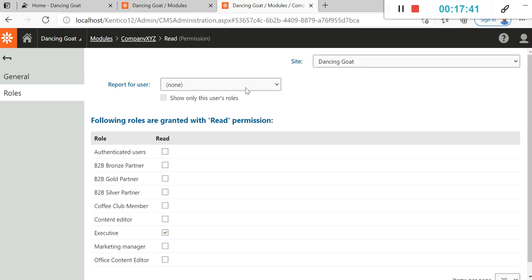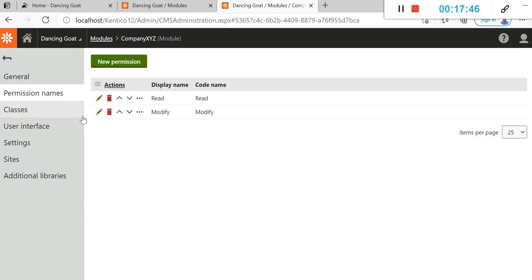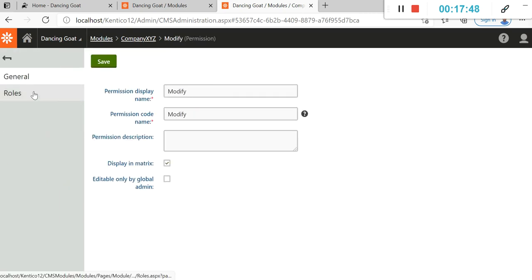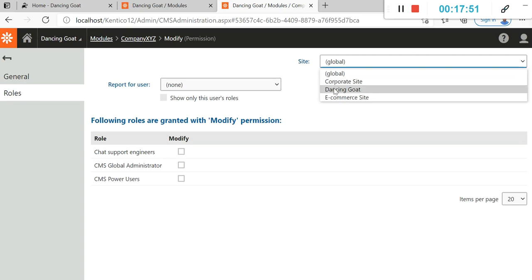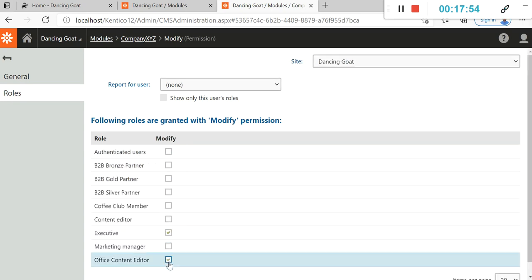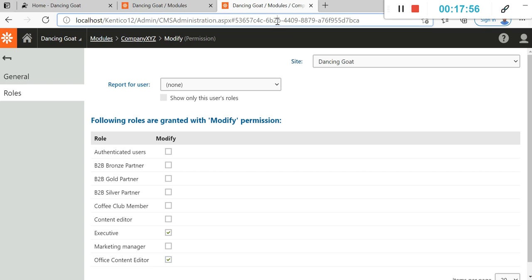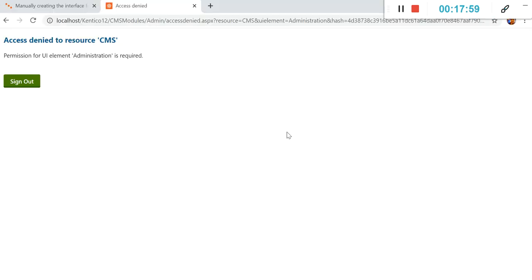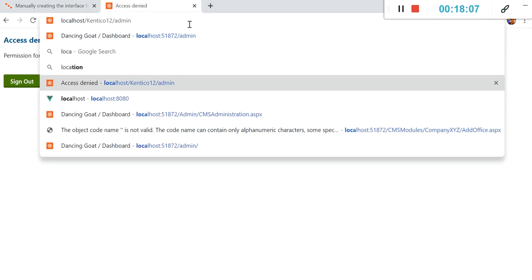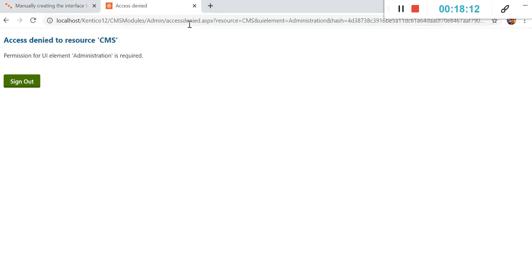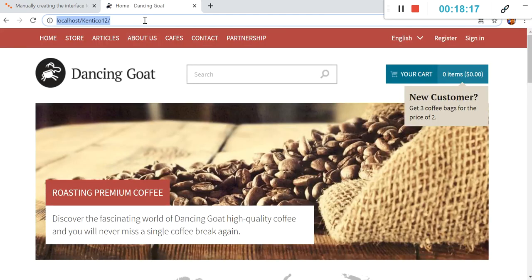Site is Dancing Goat, and we need to give them access as office content editor. Similarly, we need to give them access to modify, as office content editor. Let's again check this. Let's sign out and check it again.